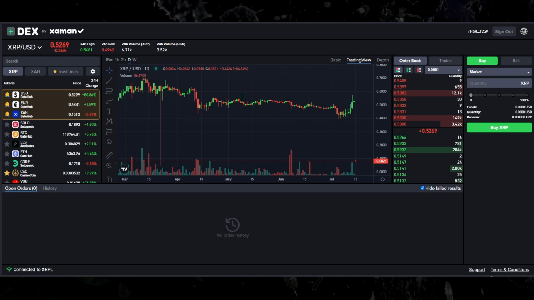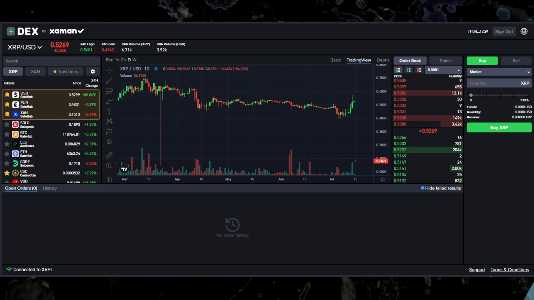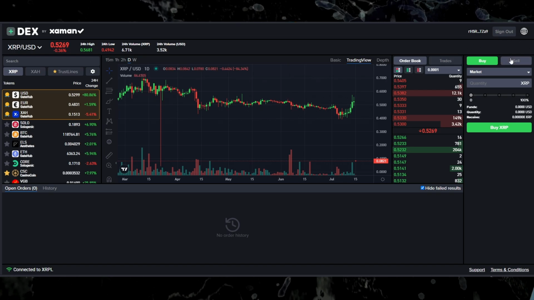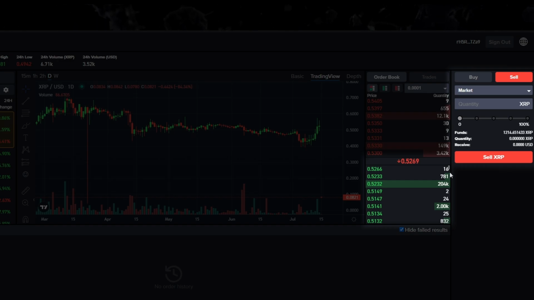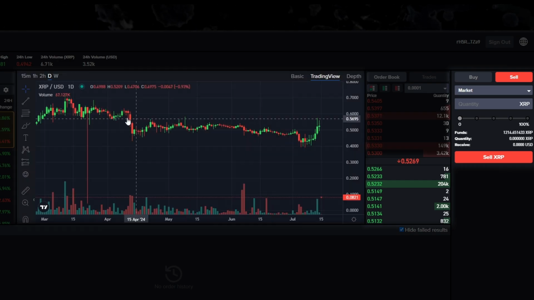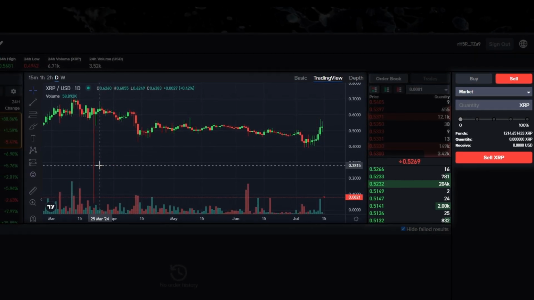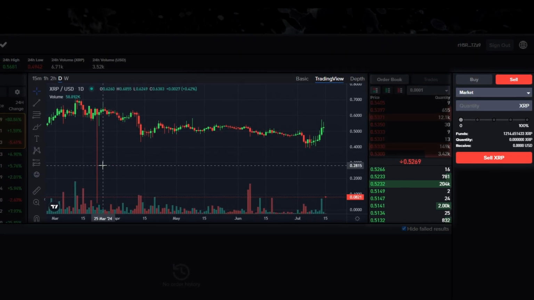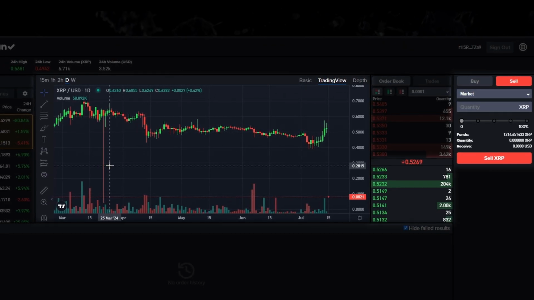Our first order will be a basic market order, which we will use to sell some XRP in return for some USD. So I click on sell and look at the bid side to find out how much XRP I can sell into the buy side, without crashing my portfolio like seen here. This is something which can happen if you market order buy or sell way too many base currency assets into the market without much liquidity existing in the order book.